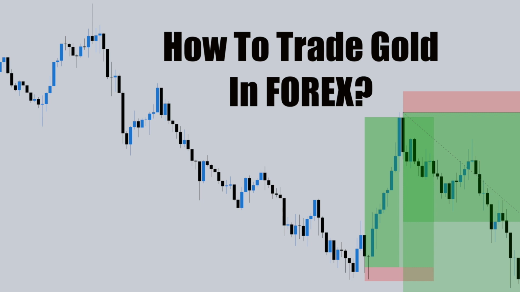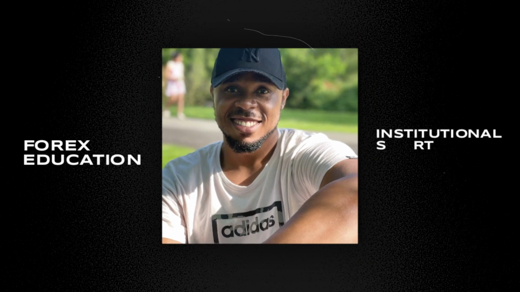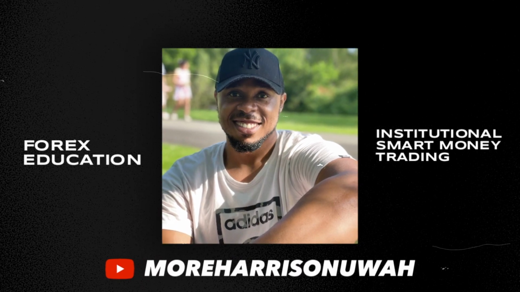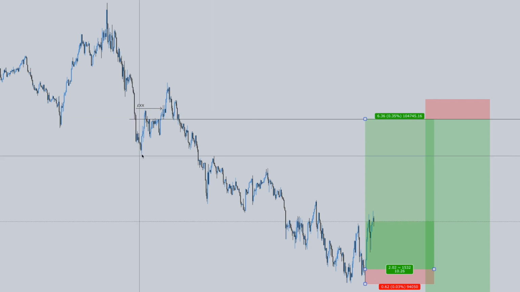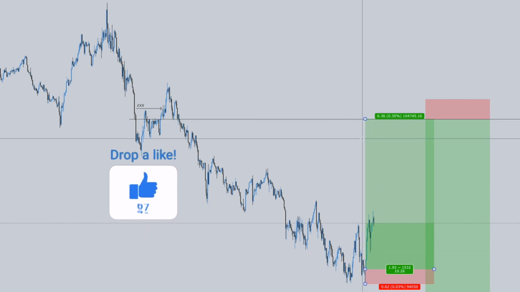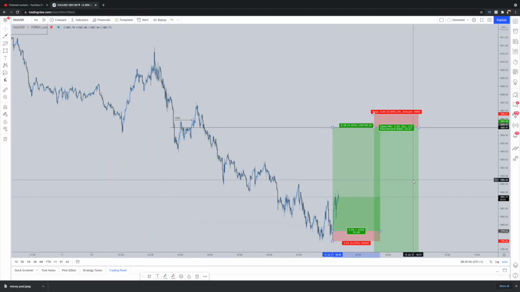In today's video, we're going to be trading gold in Forex. I'm looking for price to trade up into this area right over here, into these up close candles right here. 50% roughly lines up about where this line is right here. I'm looking for price to trade up into this level, mitigate at this level, and then looking for it to